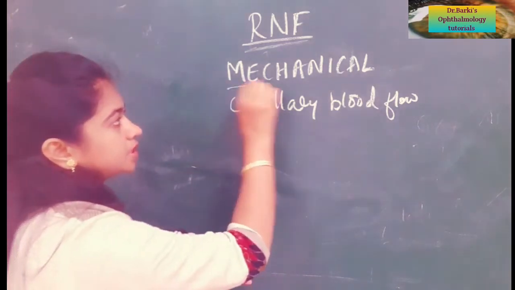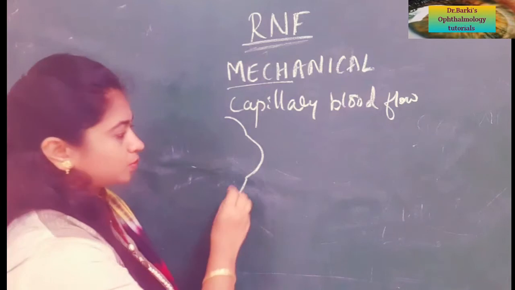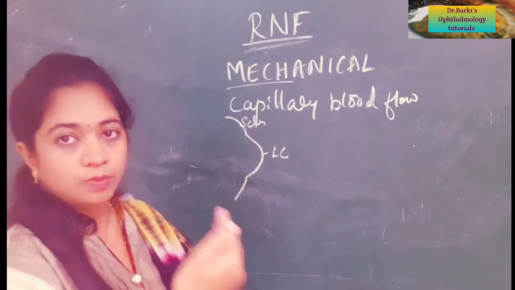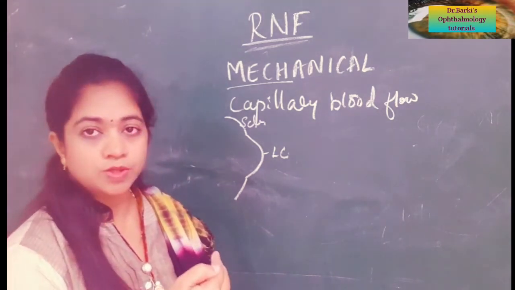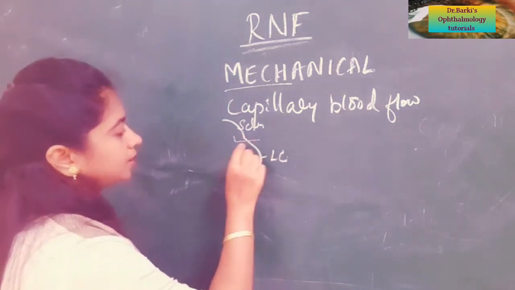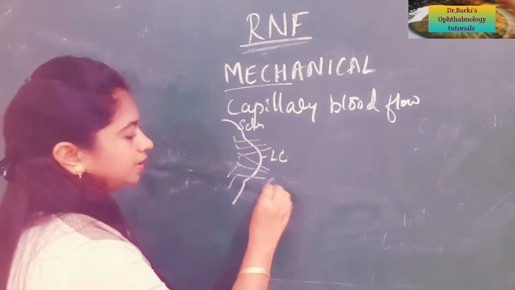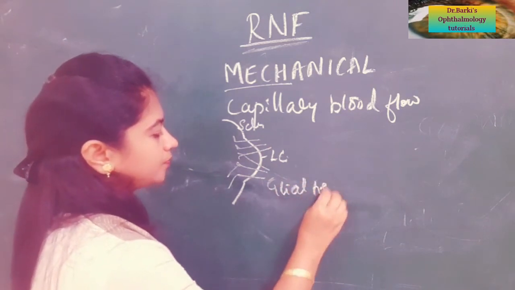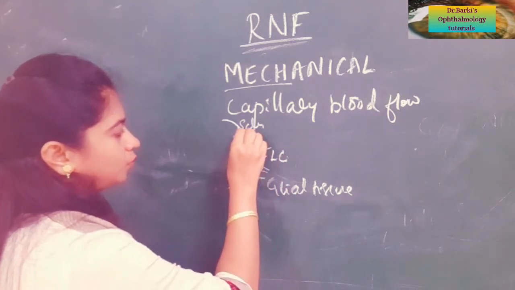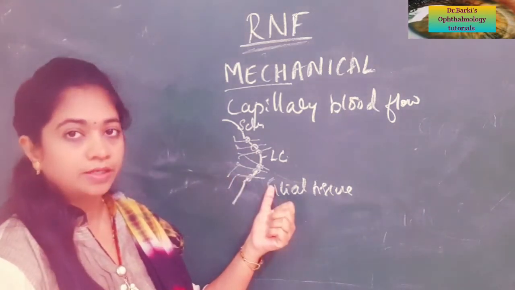And when the mechanical pressure is more, it will lead to posterior bowing of the lamina cribrosa. Okay, this is the sclera and this is the lamina cribrosa. So there is posterior bowing or bulging of the lamina cribrosa, leading to squeezing of the pores of the lamina cribrosa. As I told, all the optic nerves will be coming through the lamina cribrosa, perforating the glial tissue. So there will be multiple small openings in the glial tissue through which the retinal nerve fibers were coming out.